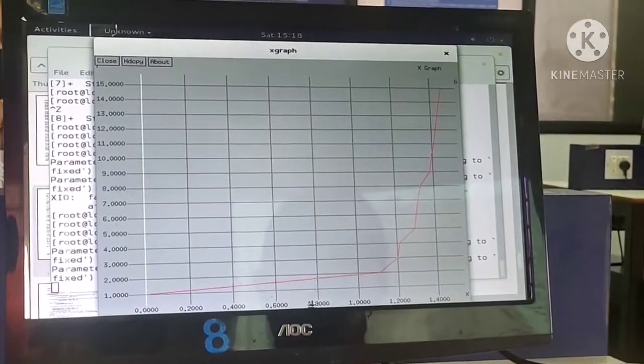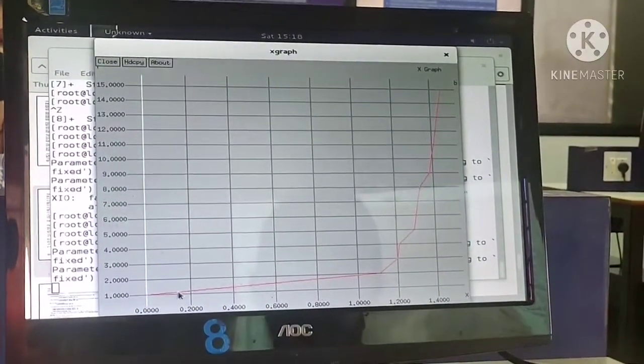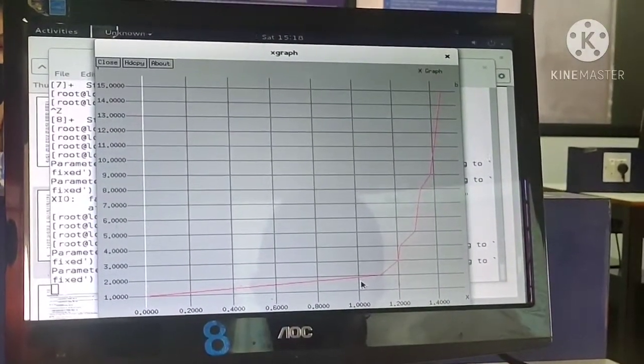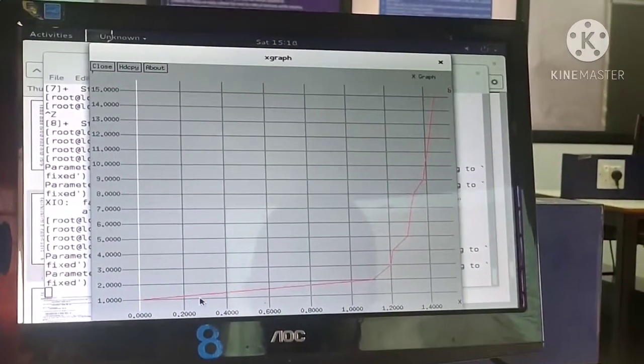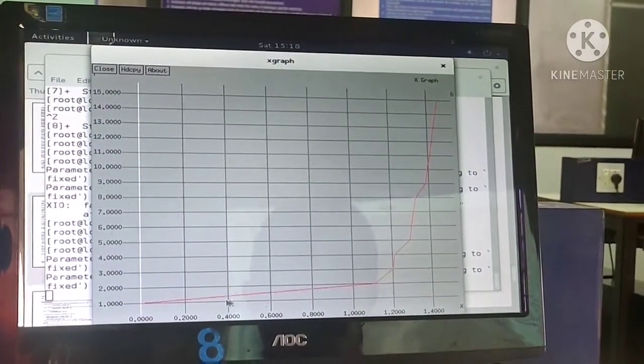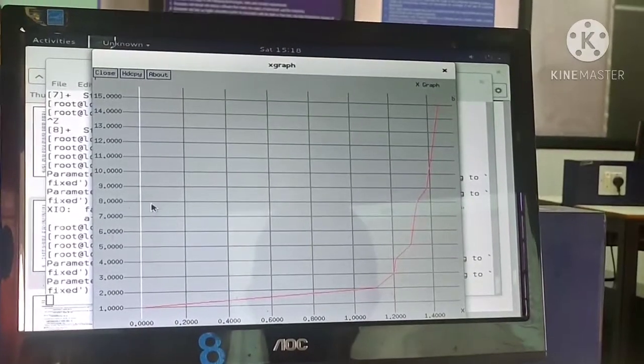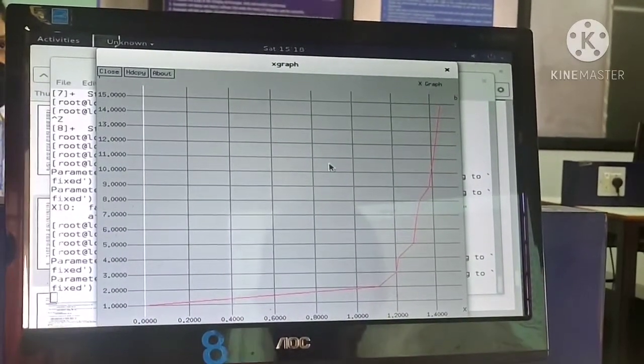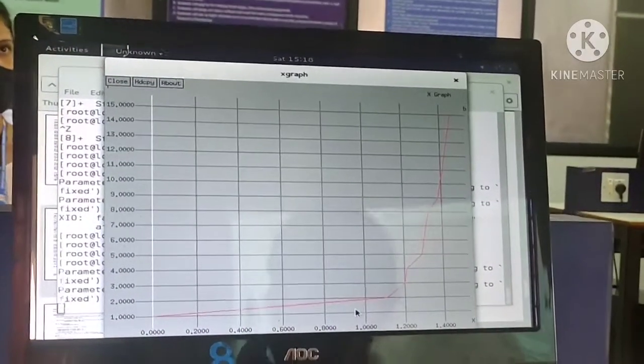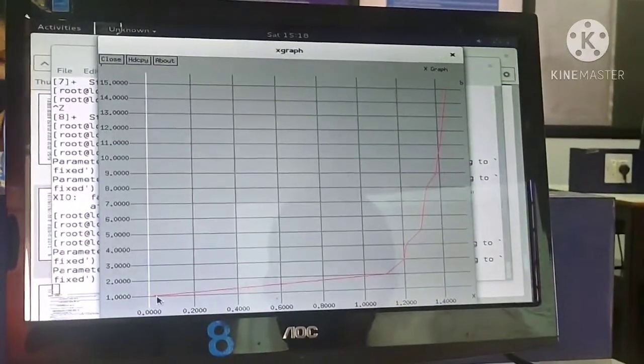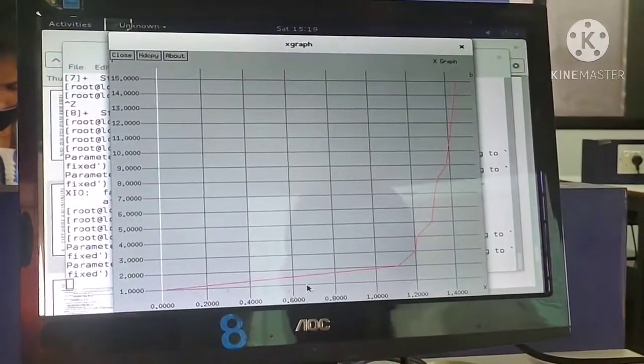So what is the meaning of that? Congestion window will not rapidly increase here in TCP Reno. In normal TCP, the congestion window will go on increasing rapidly whether the traffic is there or not. But in TCP Reno, since the congestion control technique is there, the congestion window size will increase very slowly.